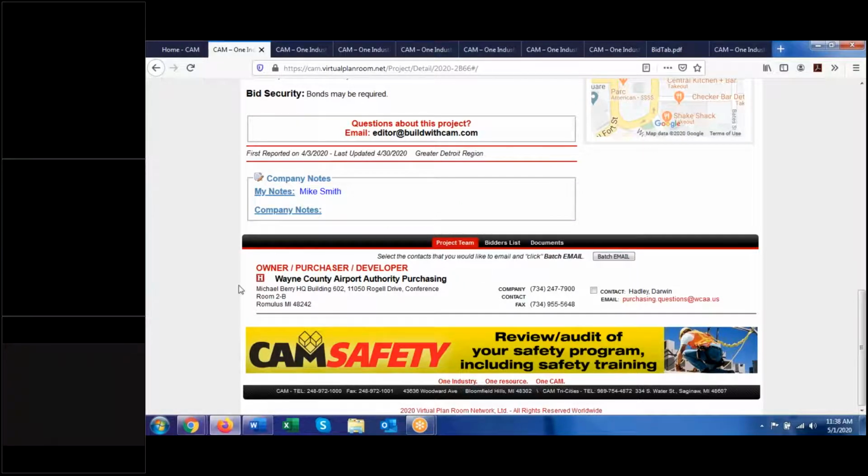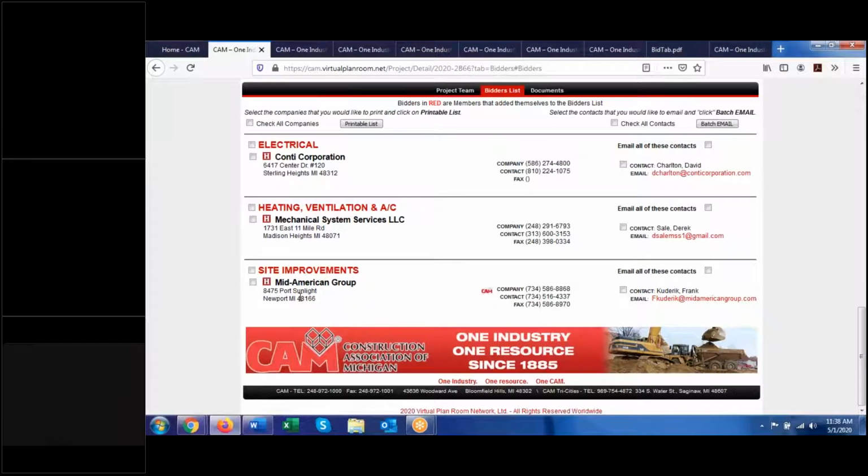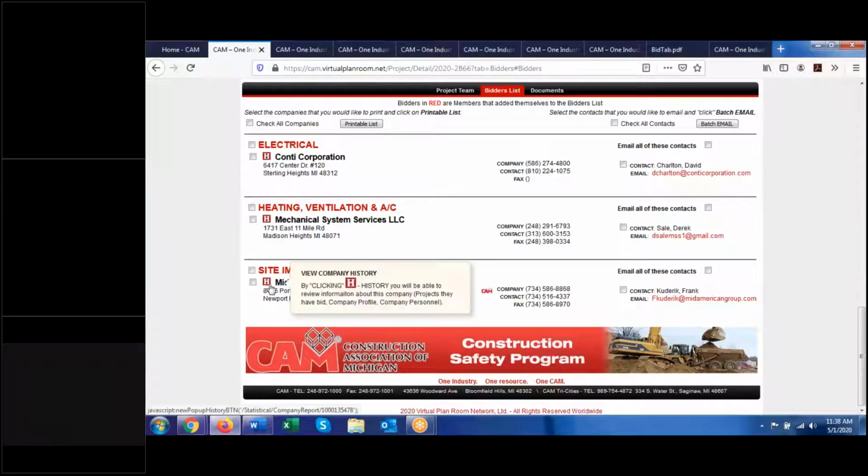But at a minimum, we will always have at least one company here on the project team. The bidders list will give you the names of companies that have either showed up on a pre-bid sign-in sheet that we have a copy of, we'll add them, or if people have added themselves to the bidders list, they'll be here as well. There's that H for history again, so if you want to know more about this company, you can click on that H for history and see what else they've done